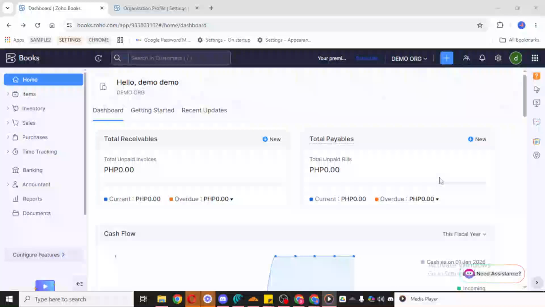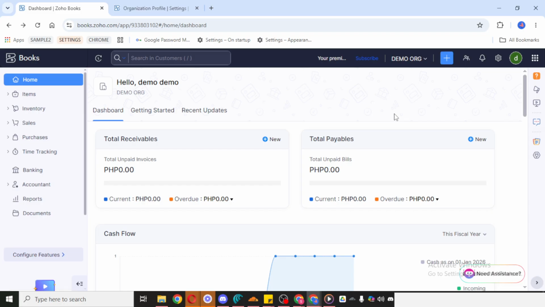In today's video, I'm going to teach you how to create a debit note in Zoho Books. We'll go through the full process in a simple and practical way so you can follow along inside your own account without confusion. A debit note is useful when you need to increase the amount a customer owes, usually because of an adjustment, correction, or additional charge after an invoice has already been created.